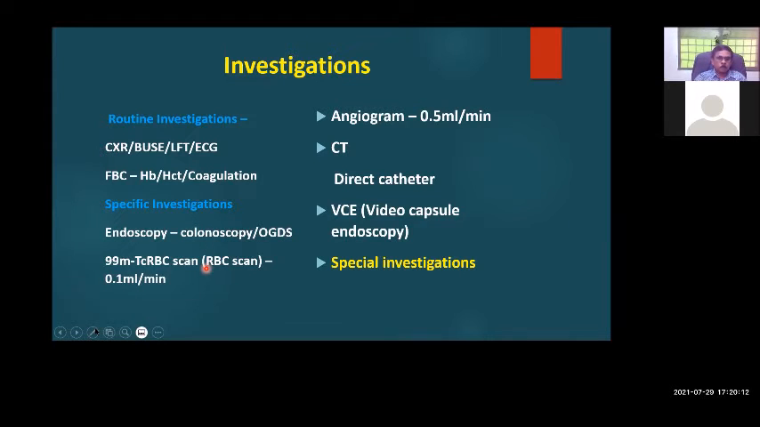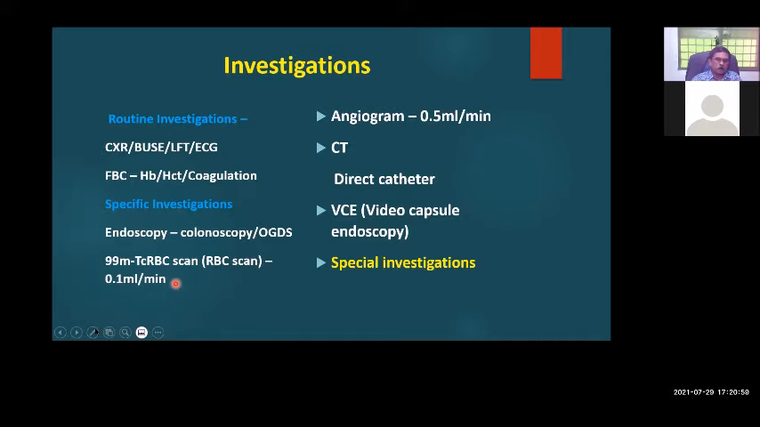The next is your RBC scan. This is a radioisotope tagged RBC scan, which is done by withdrawing the blood from the patient, tagging his RBC with technetium-99 radioisotope, and then re-infusing this treated RBC into the patient and following up with radioisotope scans over the abdomen. The important thing is the patient must be bleeding at a rate of 0.1 to 0.4 milliliters per minute. At this rate, then the test can be positive if there is a bleed